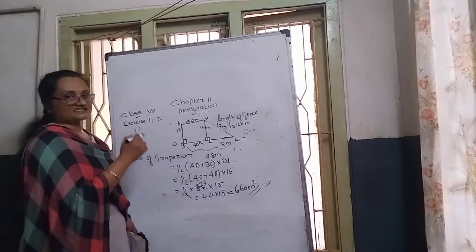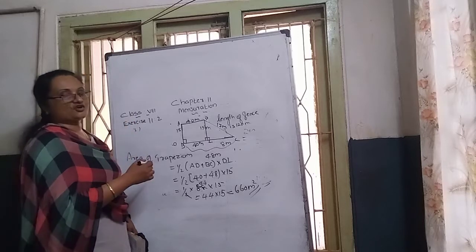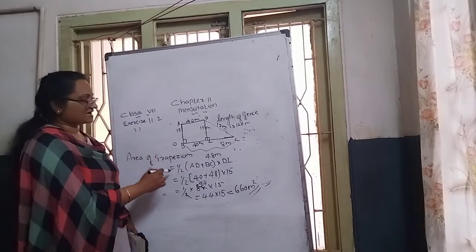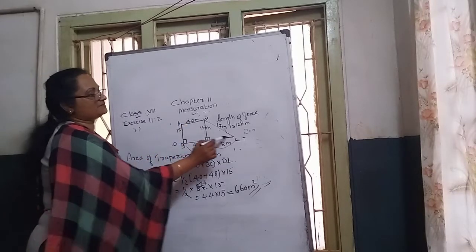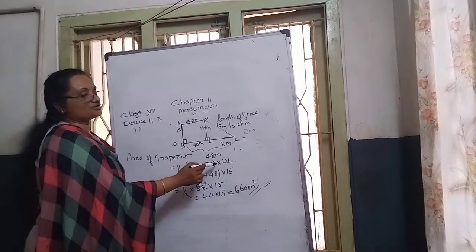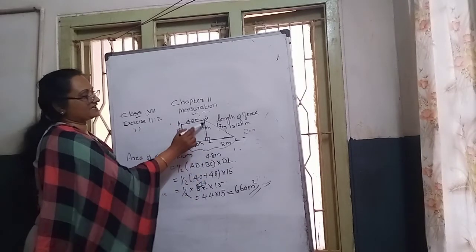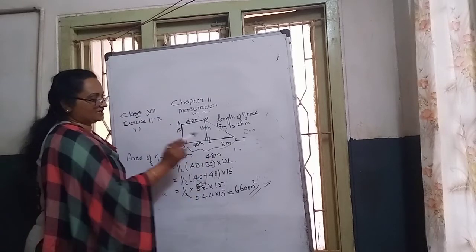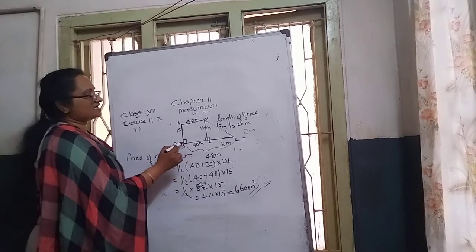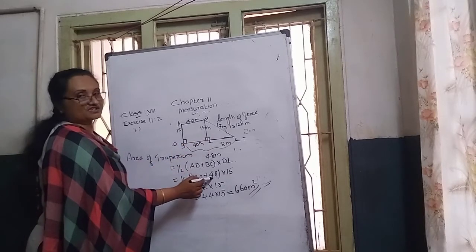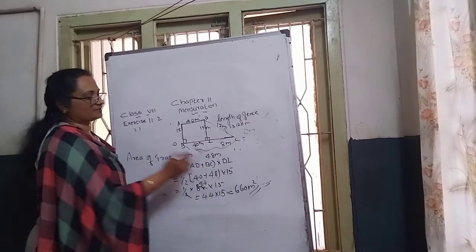Then next they are asking to find the area of the trapezium after finding DL. Area of trapezium formula is half into the sum of the parallel sides. Which are the parallel sides? AD and BC are the parallel sides, into height. Height represents the distance between the two parallel sides, AD and BC. So half into AD, AD measurement 40 plus BC side how much? 48. It is given in the question. Into DL, how much? We got 15, so in DL place put 15.